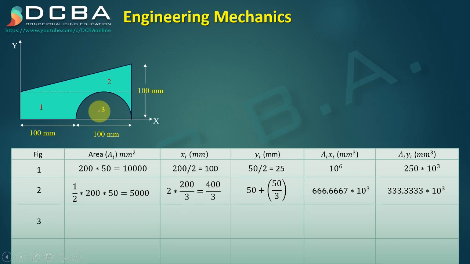So it will be negative pi r square by 2, because that is the area of the semicircle, pi r square by 2. R is 50 mm. See, this 100 is the diameter, so r is 50. Now the xi for a semicircle